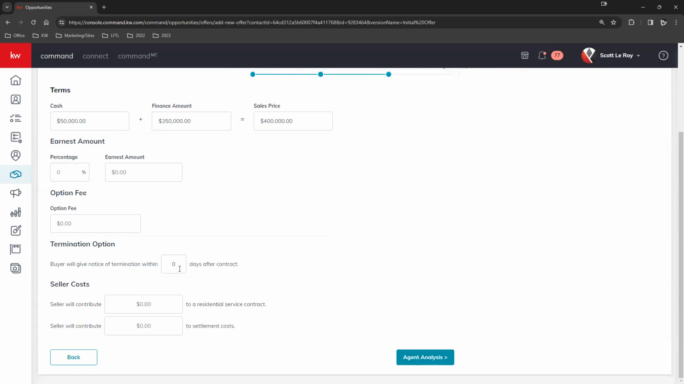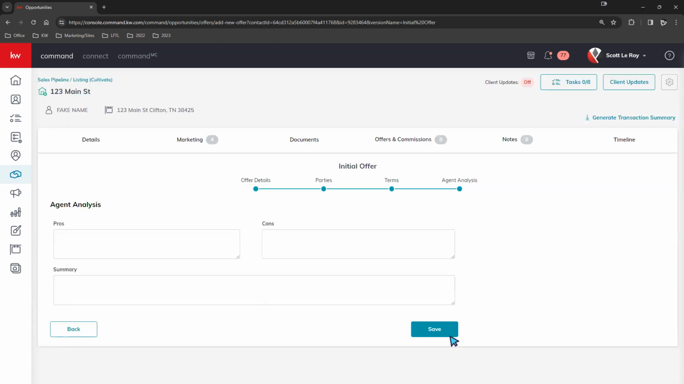Termination option, buyer will give notice of termination within blank days after contract, and then seller costs. So seller will contribute blank to a residential service contract and to settlement costs right here. I'm going to leave these options kind of blank here, and I'm just going to move forward. Last but not least, you have your agent analysis, pros and cons, and summaries. So you do have this option right here to fill this out, and then once we complete this here,